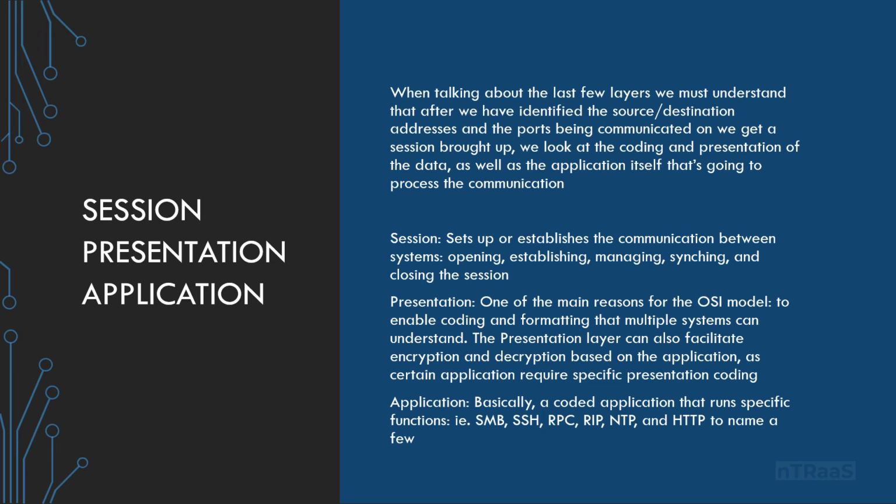Kind of a mix here because, well, when you're talking about the OSI model, you do need to know about the session, presentation, and application. However, once you understand the source and destination addresses being communicated, a lot of the times the network engineer just says, I don't know anything about that, because you really don't. You need to know layer 1, layer 2, layer 3, and layer 4. If all 4 of those are good, well, it might be an application or a bug in the system. So keep that in mind as well.